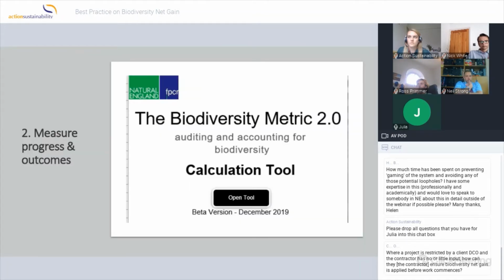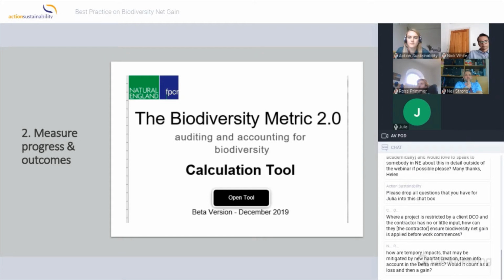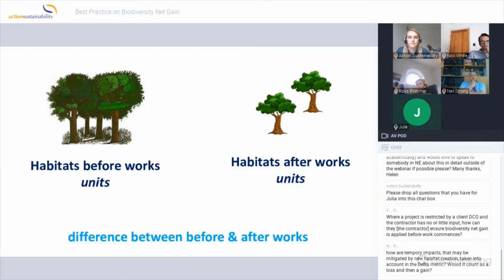So Nick mentioned the metric, and I love it, I have to say, and a shout out to Natural England. I think they've done a fantastic job here with the metric. It's so important to use this as a decision-making tool. I'm still seeing this get left behind. I'm seeing design progress and work along, and then the metric comes in a little bit down the line. We've got to use this as early as possible.